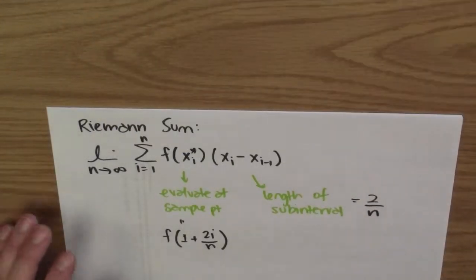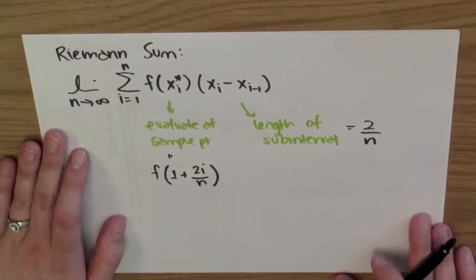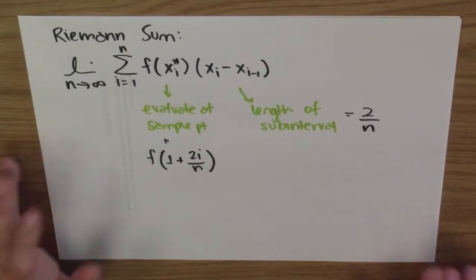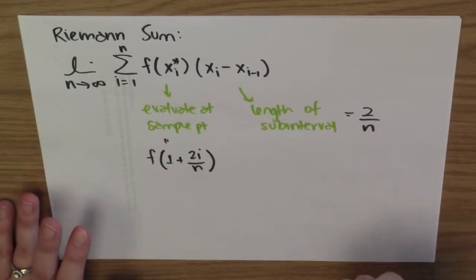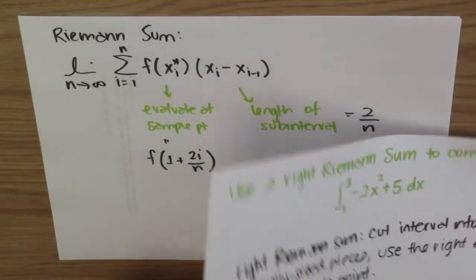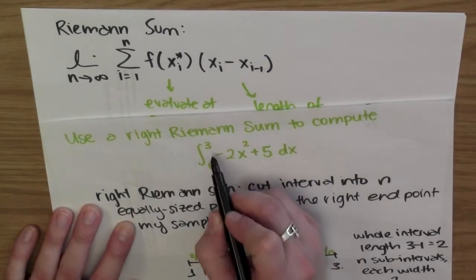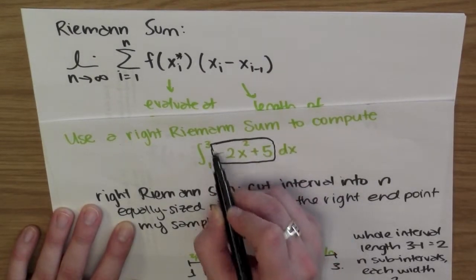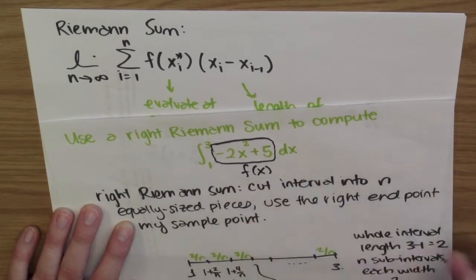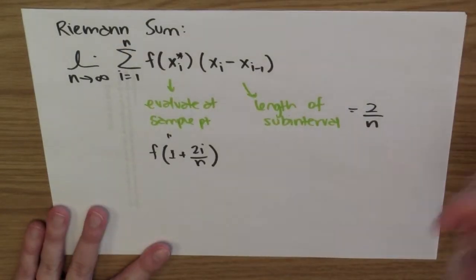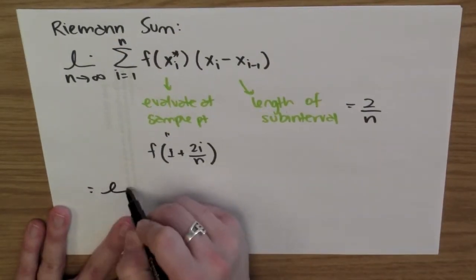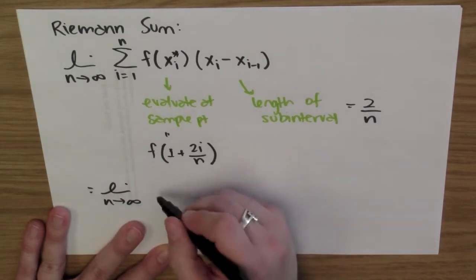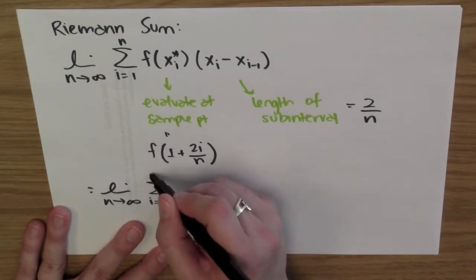We take the limit because we're considering all different partitions, and we know this function is integrable because it is continuous, right? So where's the function f? Well, it's sitting here in the problem. So this is my function f of x. And so what I really have here is the limit as n approaches infinity of the sum from i equals 1 to n